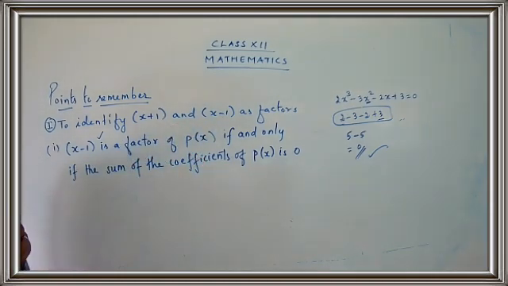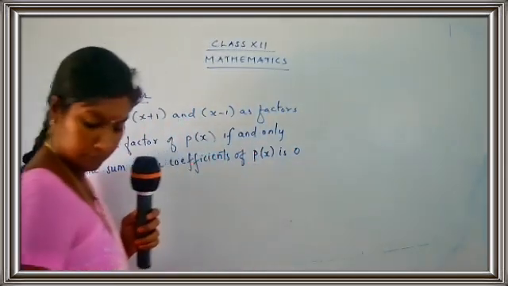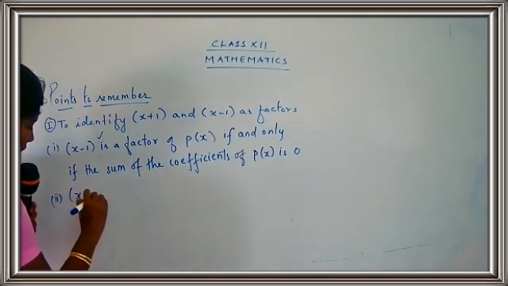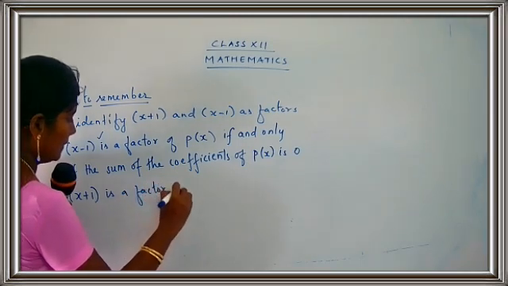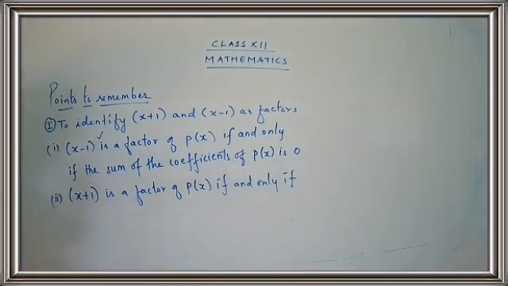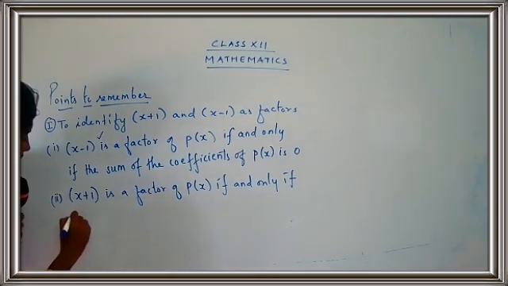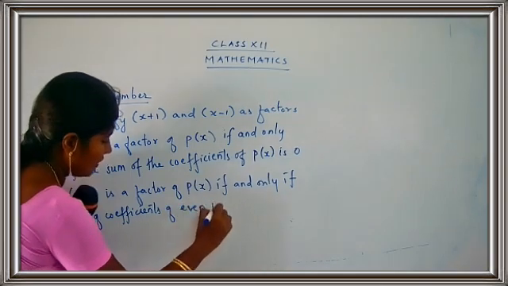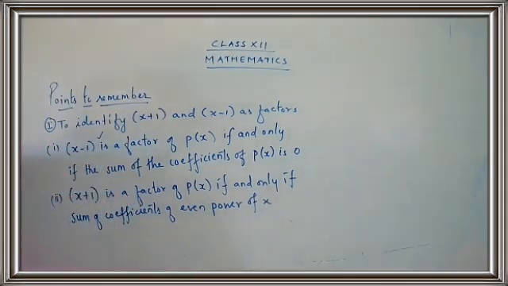Now let us check for x plus 1. What will be the condition for x plus 1? So the second one: x plus 1 is a factor of p(x) if and only if the sum of coefficients of even power of x, including the constant,